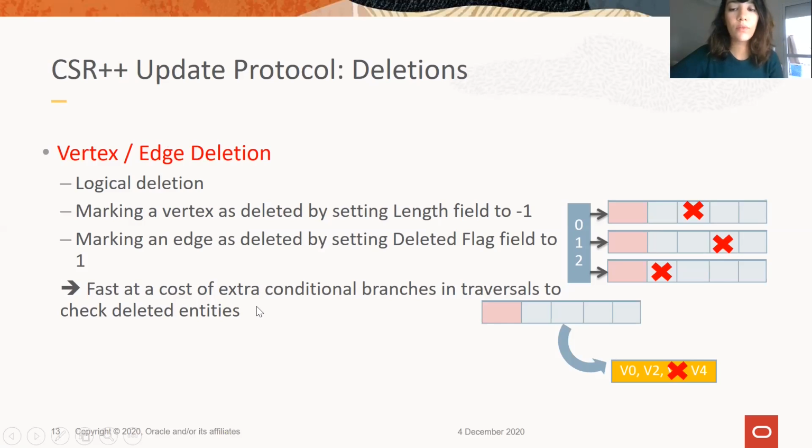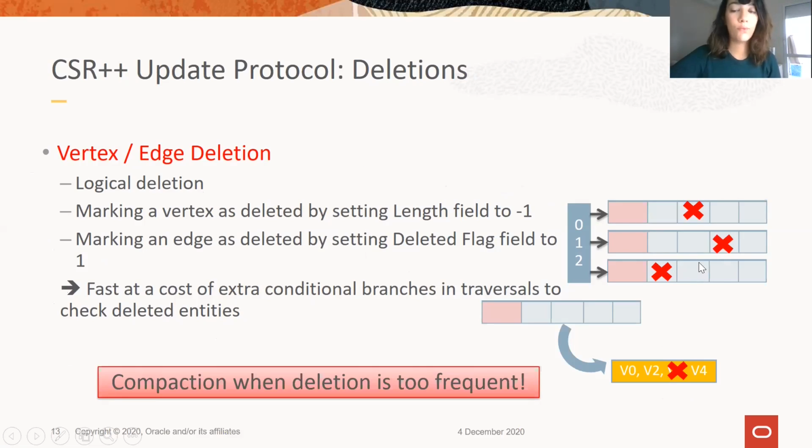So the optimal way to implement logical deletion for vertices is to use that field and set it to -1 if you want to mark it as deleted. For edges, we have a separate deleted flag, and we set it to 1 to mark it as deleted. The cost of this is that we'll have to add extra conditional branches in traversal